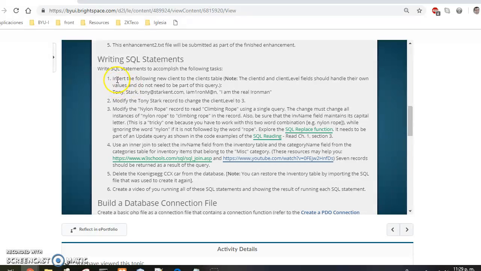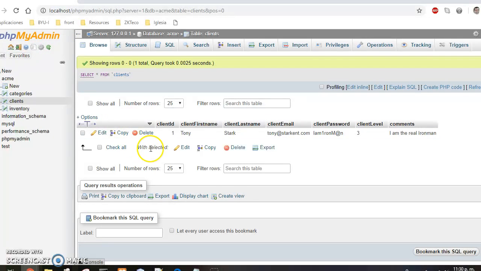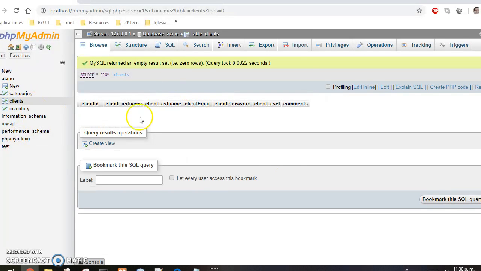So the first one, we have to insert a client. Right now I think I have the client here. This is my Acme database. Yeah, I already have this one, but if I delete it, yes. Now, this table is empty, so I can now show you